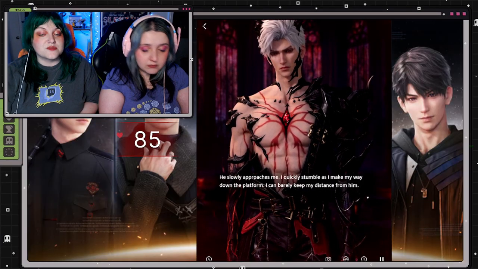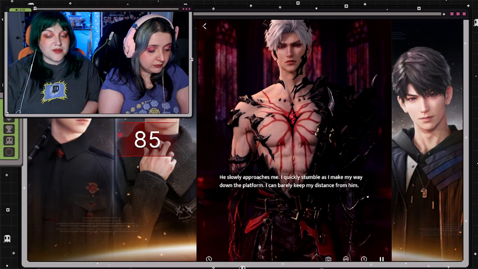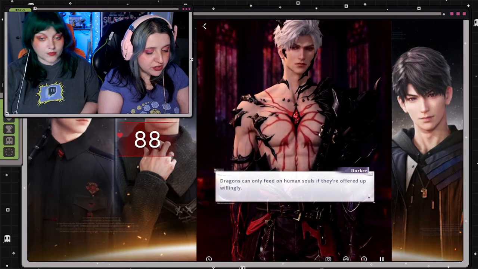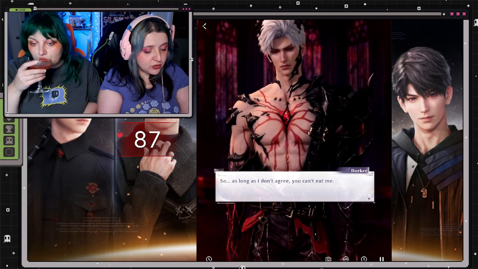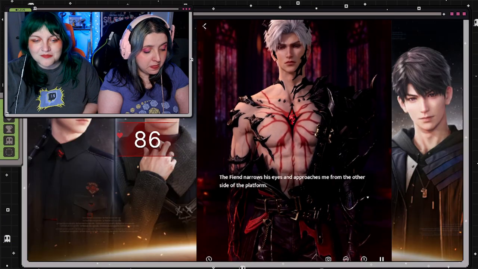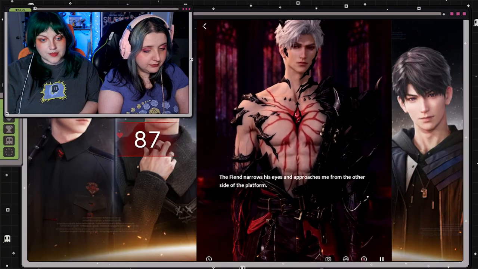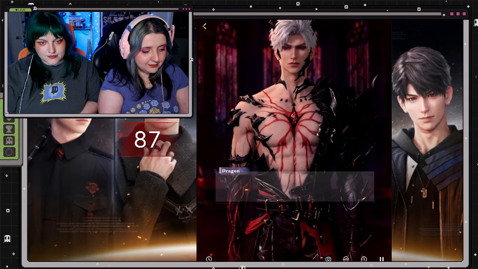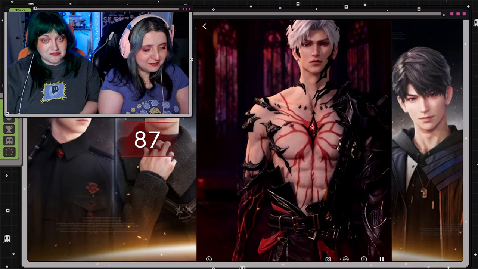He slowly approaches me. I quickly stumble as I make my way down the platform. I can barely keep my distance from him. Dragons can only feed on human souls if they're offered up willingly. So, as long as I don't agree, you can't eat me. The fiend narrows his eyes and approaches me from the other side of the platform. Is that it? Instead of claiming your lackluster soul,